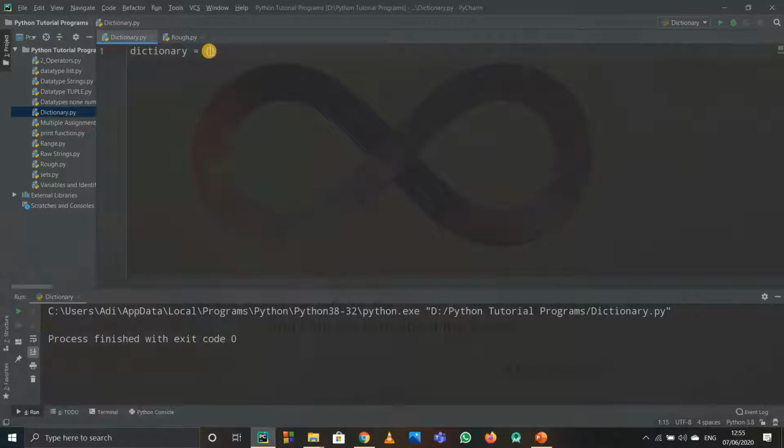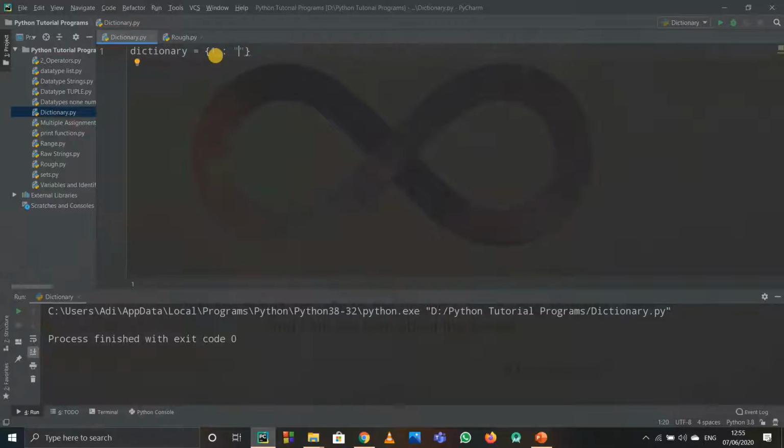So a dictionary we write in curly braces. But see, curly braces we use for sets as well. But here we use curly braces and we assign values to keys. Suppose I am using my keys as 1, 2, 3, 4 and so on. If I want to assign something to 1, then I write 1, colon, and the assignment.